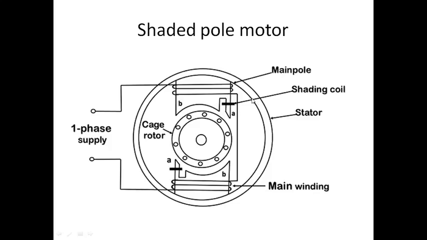So current is circulated because of the ring, and flux is produced. I repeat, we give supply to this, a main flux is there, and magnetic flux is produced. This copper ring is going to cut my flux. So an EMF is induced in this particular motor and it is going to start running. So it is known as a self-starting motor, and hence your rotating magnetic field is produced. So torque is produced in this, right? So the motor is going to start.